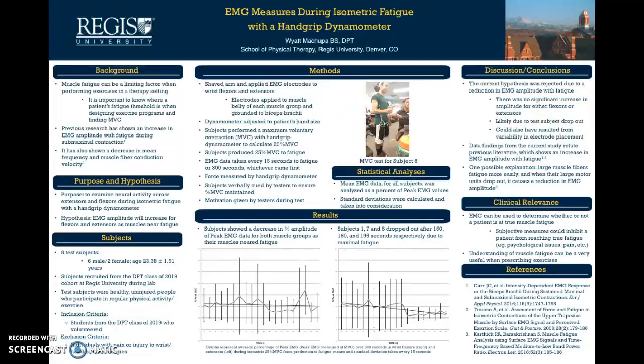Researchers hypothesized that EMG amplitude would increase for flexors and extensors as muscles neared their fatigued state. 8 subjects were taken from the Doctor of Physical Therapy class of 2019. Students who volunteered were taken into consideration, and students who had wrist pain or latex allergies were excluded from the